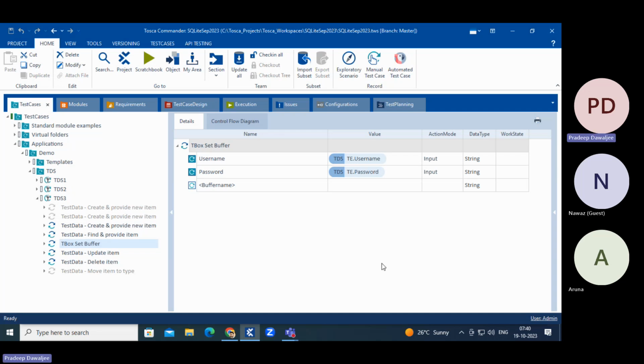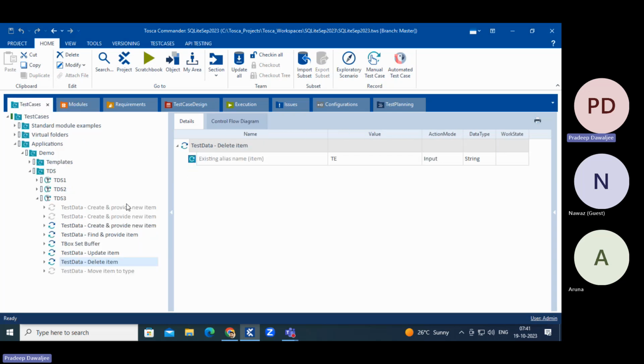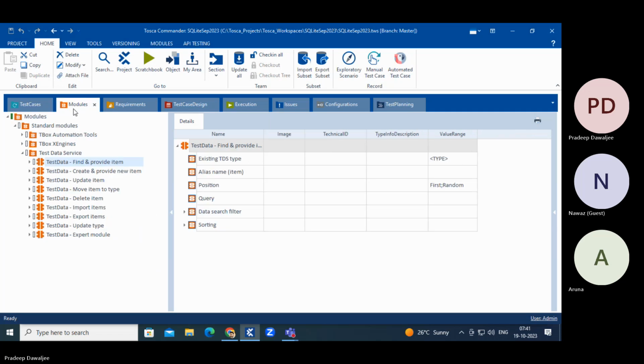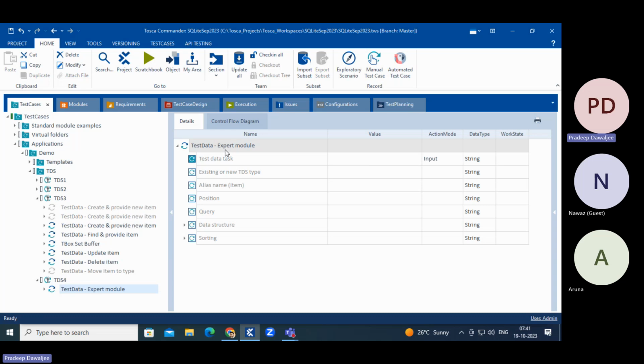That is one thing. And after that, updating, as you have seen, we have deleted and we have moved items. So all these things we were doing. Now, if you see the next module, which is the expert module, what I was talking about. So drag and drop this expert module. I'll create a new test case. So what this expert module is,